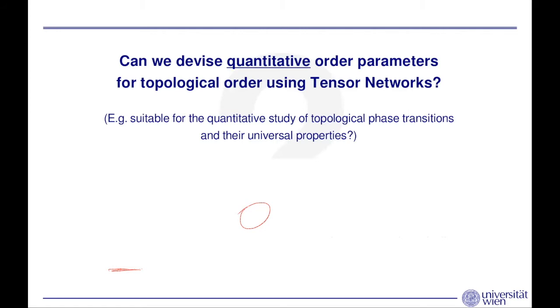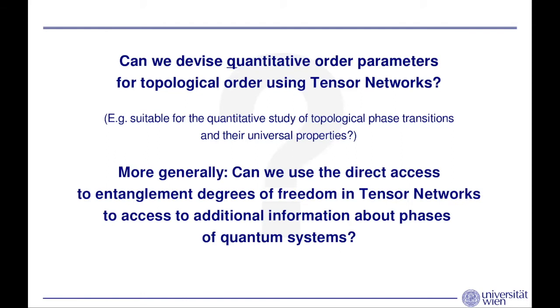So to see if we can devise quantitative order parameters for topological order from the point of view of tensor networks. And by quantitative, I mean things which are suitable for instance for the quantitative study of the order parameter close to the phase transition to extract critical exponents, universal behavior, and so on. But in the end, the way I would like to present it in this talk, and I think the way one should really look at it,